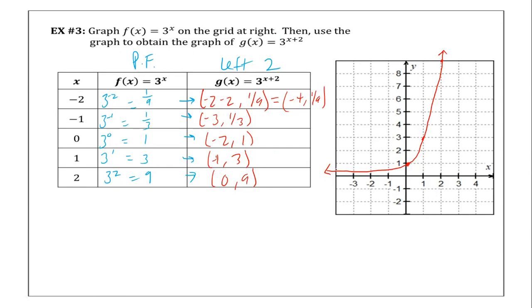So negative 4 and 1/9. We're just shuffling everything. So now negative 2, 1, negative 1 is at 3, and